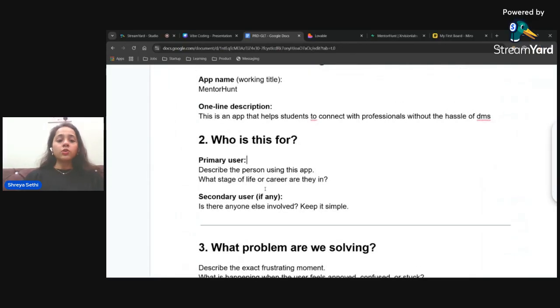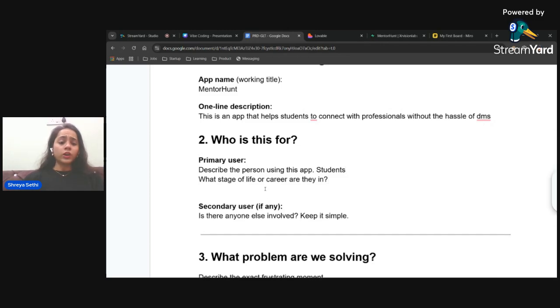Okay, now the question is, who is this for? So again, the product requirement document is all about what this thing is about and what are the problems they are having. So as we understand, primary user would be the students, right? So describe the person using this app. So these will be the students, and what stages of life they would be having. So maybe they are students in their initial stage, early professionals, because these are also students, or maybe career switches,